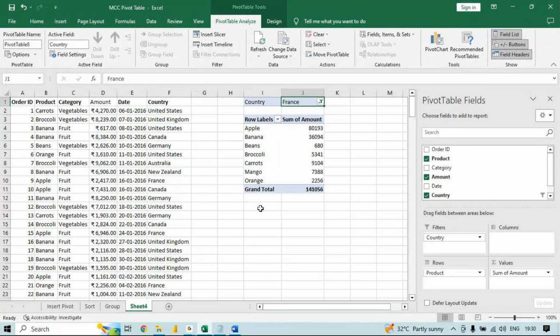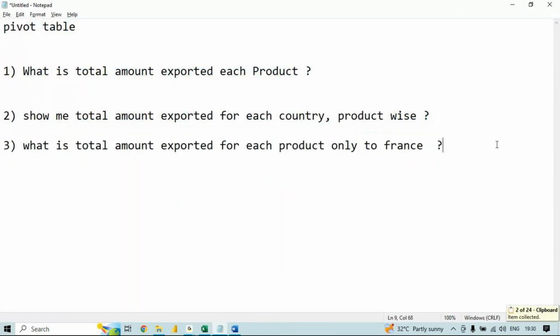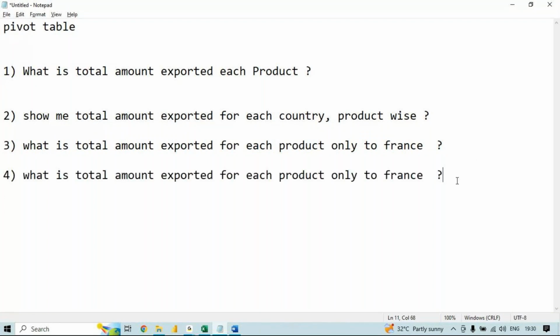Okay. Next question. Be ready? Same like that, with small changes. What is the total amount exported for each product only to France and for